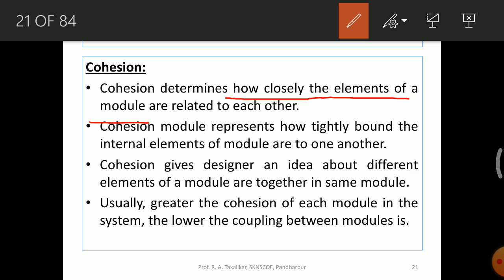Why am I repeating this? Because these two concepts we are going to use again in the second half of the chapter, that is object oriented design. So please remember the difference between coupling and cohesion.